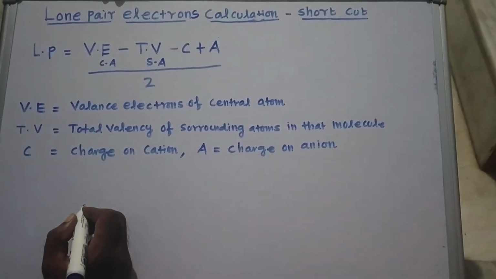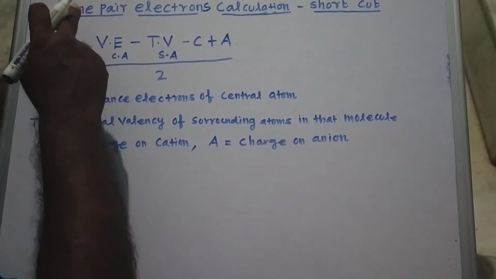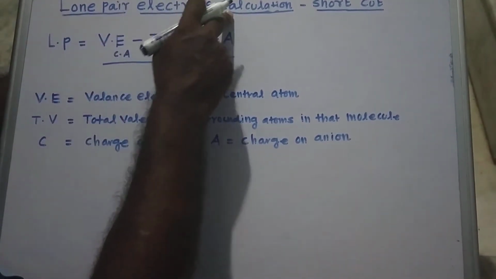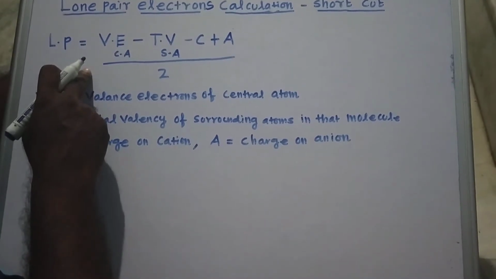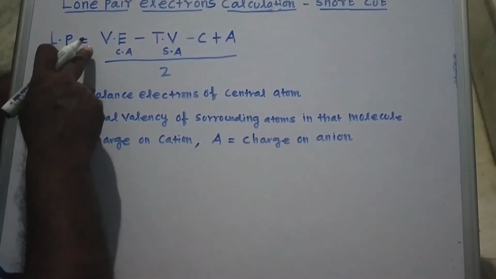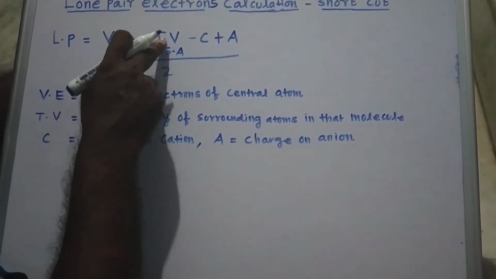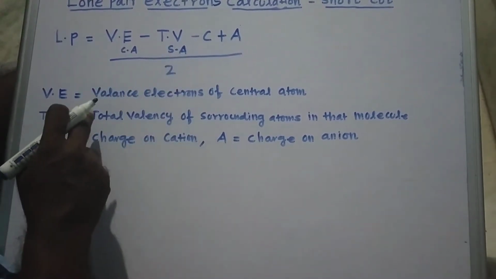Students, today we are going to discuss an important topic in chemistry, lone pair electrons calculation shortcut. To calculate the lone pair of electrons in a molecule, we are going to use a simple formula. Lone pair of electrons LP is equal to (VE minus TV minus C plus A) divided by 2, where